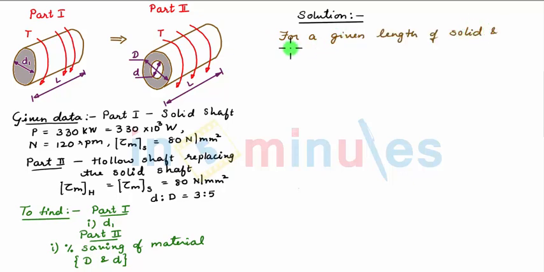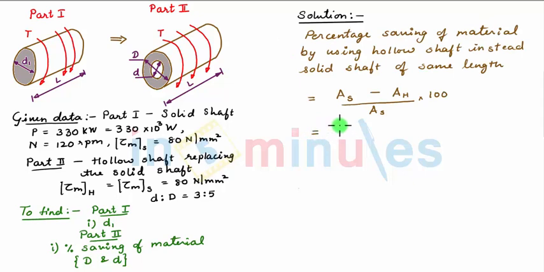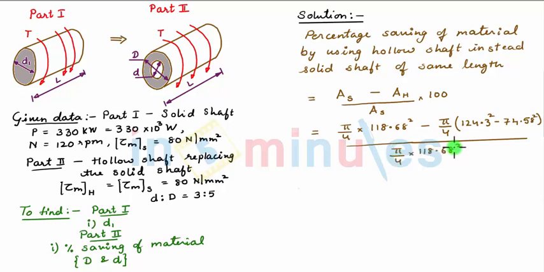Now to determine the percentage saving of material, we have, for a given length of solid and hollow shaft, the area of solid shaft given as pi by 4 into the diameter of solid shaft, which is 118.68 square, minus the area of hollow shaft given as pi by 4 into capital D square minus small d square. So we have 124.3 square minus 74.58 square, this whole upon the area of solid shaft and multiplied by 100. So we get, on solving, percentage saving as